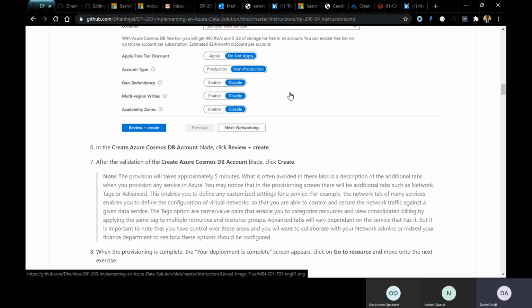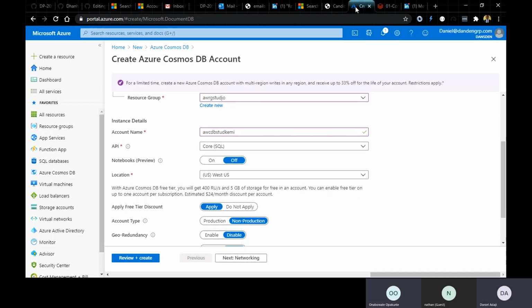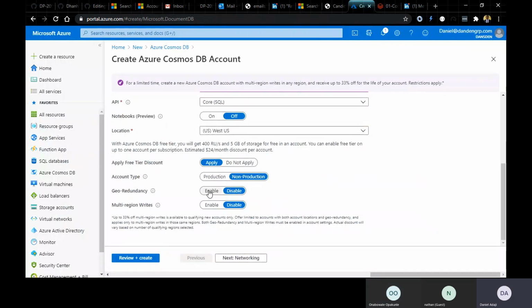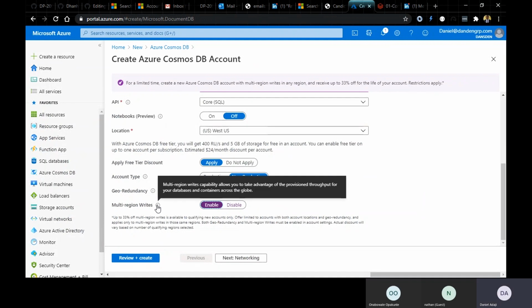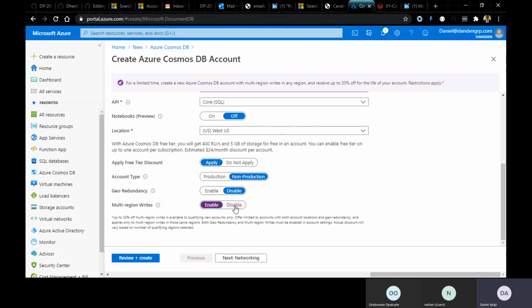So Wale, this is where you are now talking about consistency level, availability zone. Okay. So if, for instance, I do a multi-region write, this write capability allows you to take advantage of provisioned throughput for your database and containers across the globe. But then your trade-off will then have to begin. All right, okay. So we can click on create,